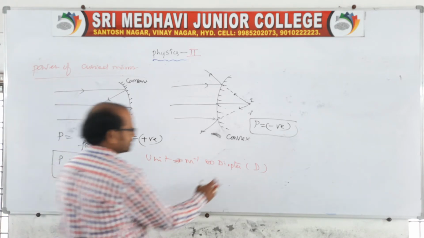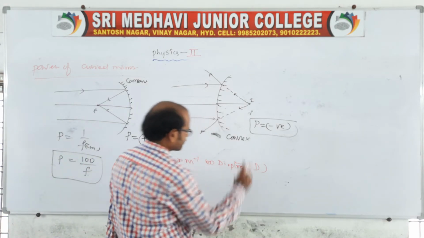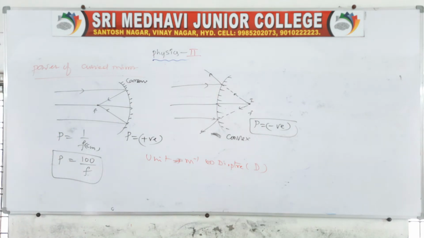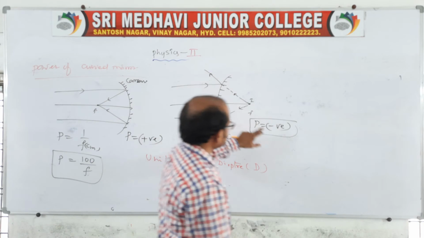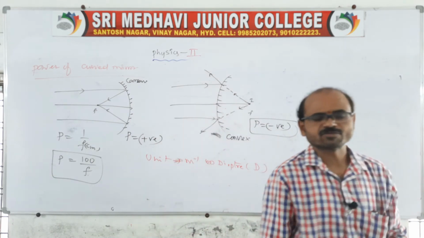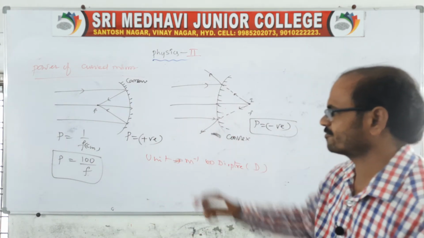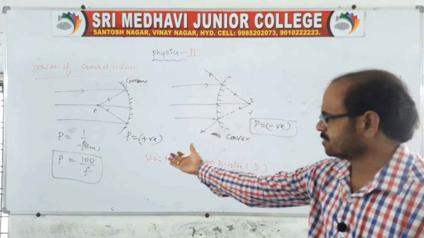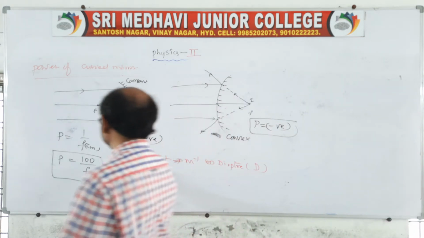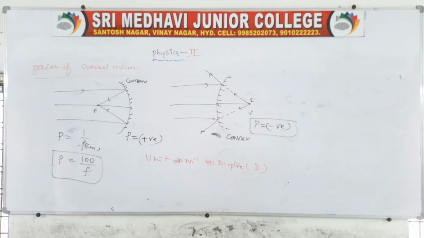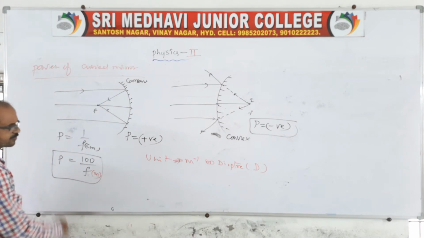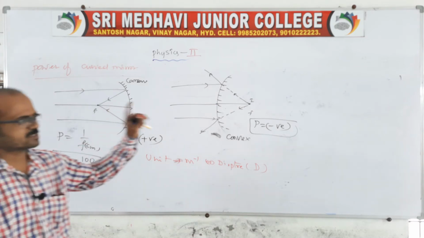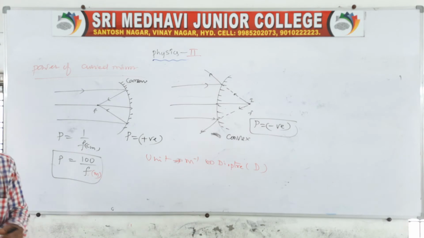Right? So this will be about the power of a mirror. The power of a concave mirror we can take as positive, and for a convex mirror the power is negative. The power is equal to the reciprocal of the focal length, with the focal length in meters. If you take it in centimeters, then you write it like this; if you want it in meters, you say F is in meters. So for concave and convex mirrors, the power is positive and negative respectively.